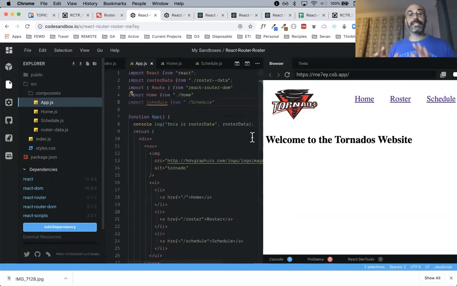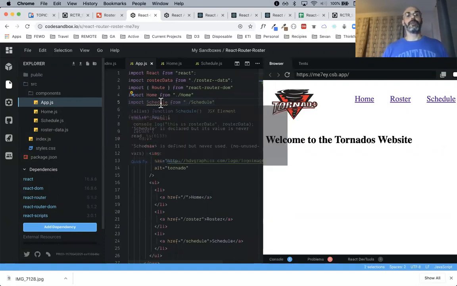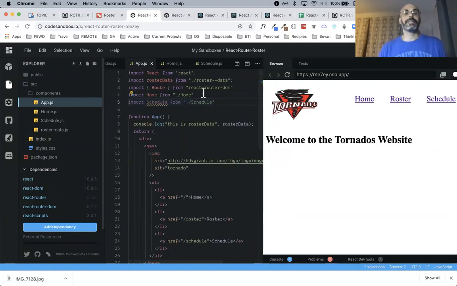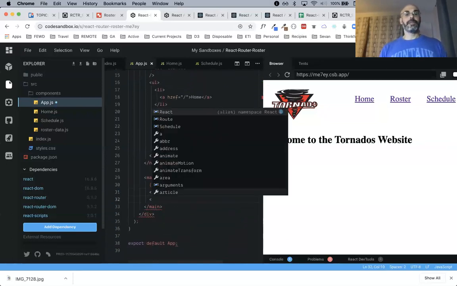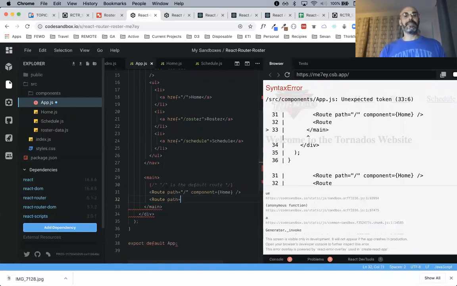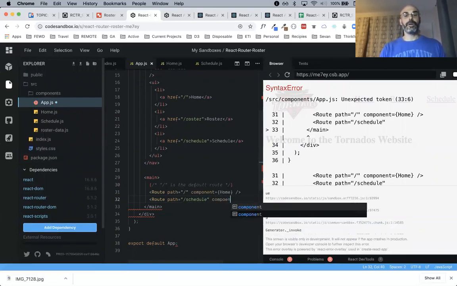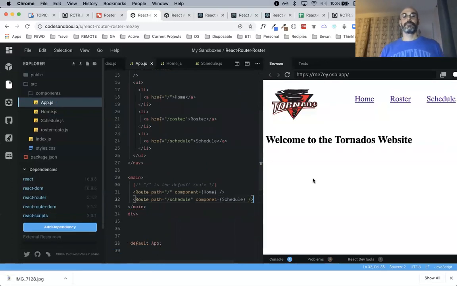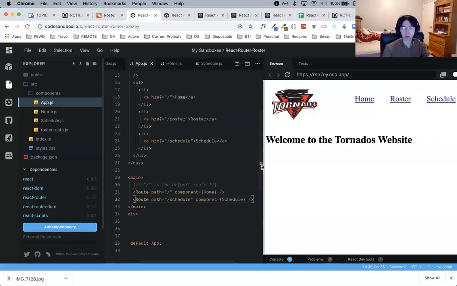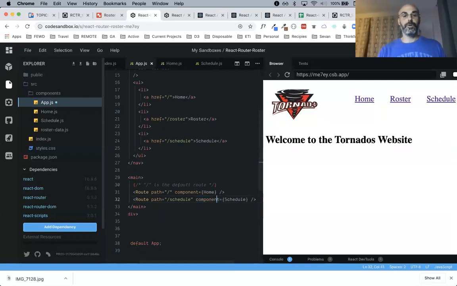So now I have a second component to use, but you can see here, a little underscore, like it's not being called anywhere. So I'm going to say, hey, how about this? If you go to a route where the path is schedule, then I'd like you to render a component called schedule. Looks like a misspelling in component. Oh, yes. Component. Right? All right.